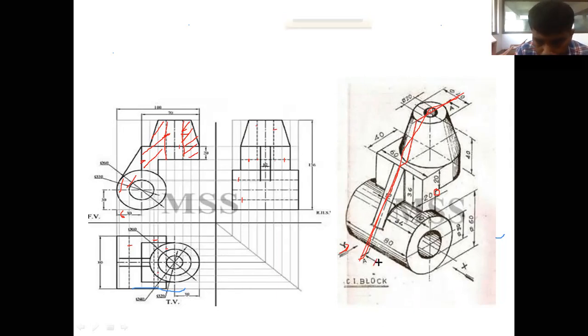Here it is A. So here all these sections will come. If you are seeing this one, you'll be seeing all the sections. This portion will be seen, sections will be. So what all will be seen other scenes? So this will be also seen here. So this one will be seen.